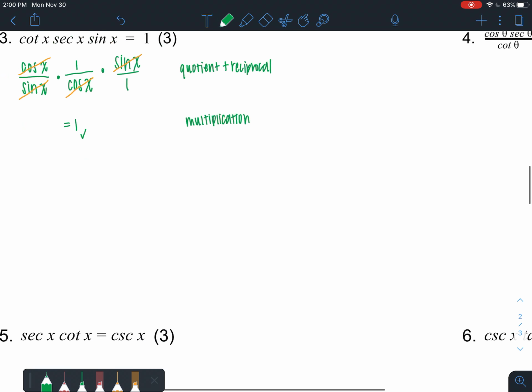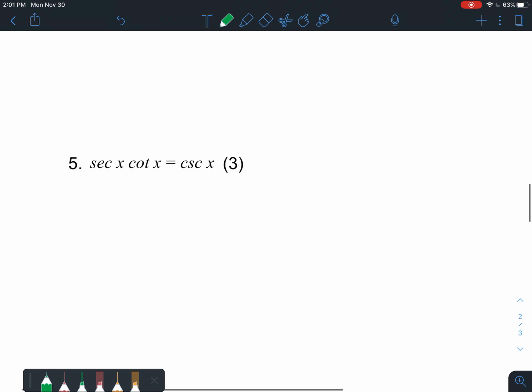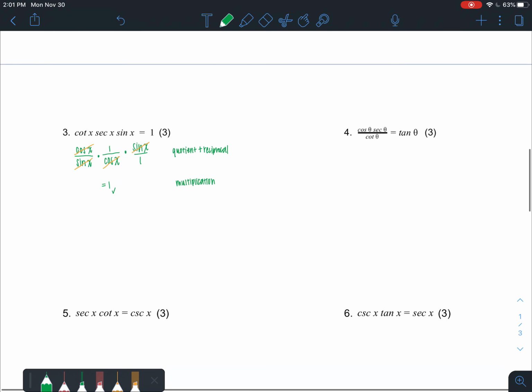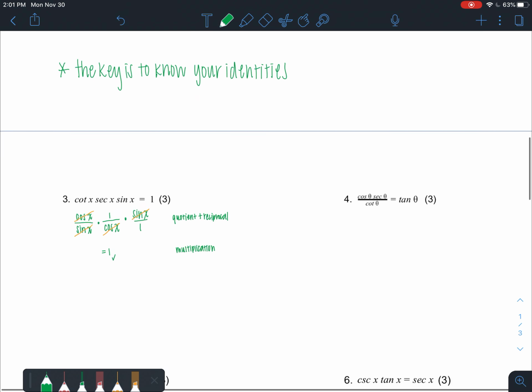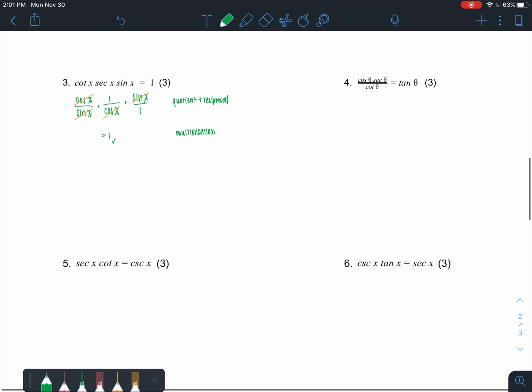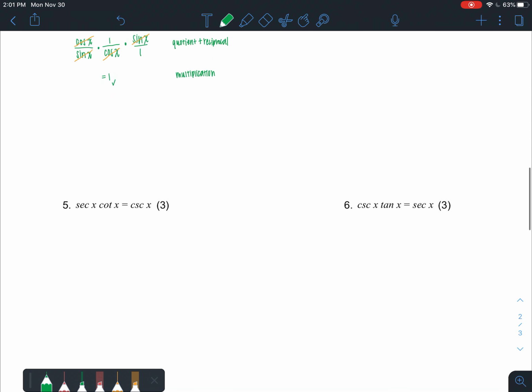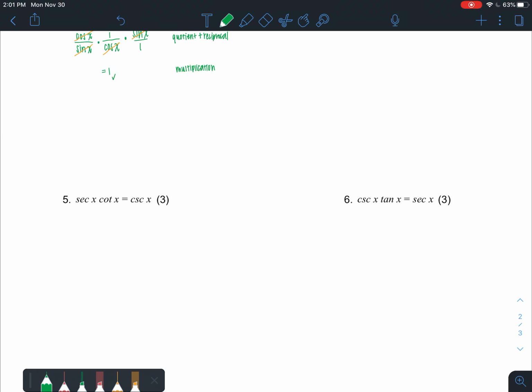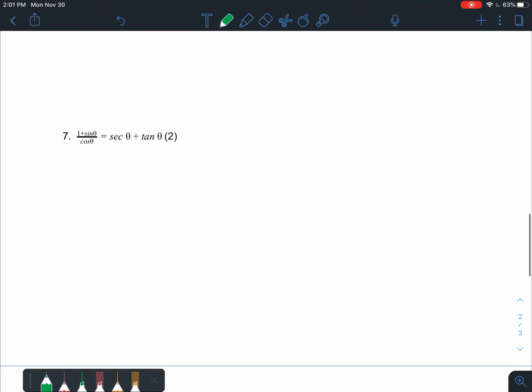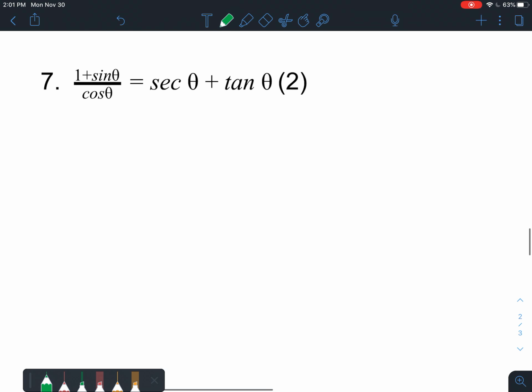Number 4 and 5 are so similar to number 3 and 2. So I'm actually going to skip those ones for now. I would go ahead and try them on your own. I do want to do number 7 though. So for number 7,